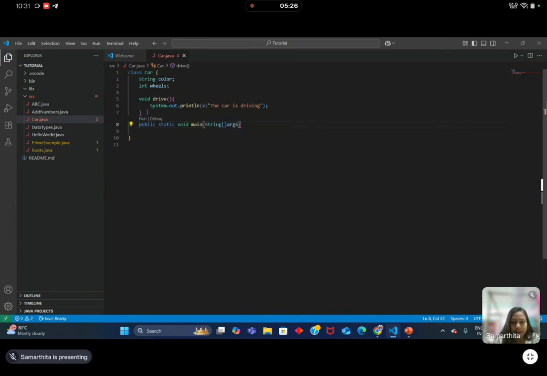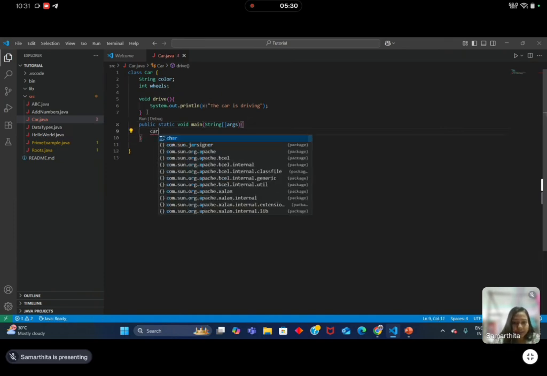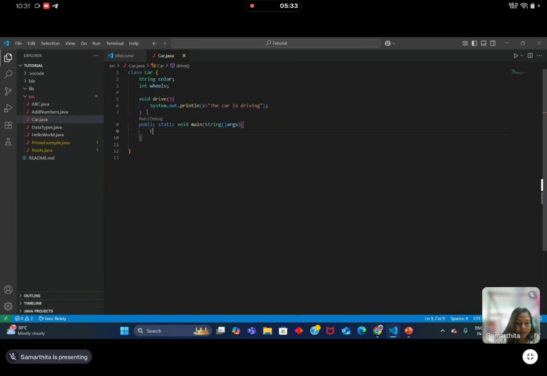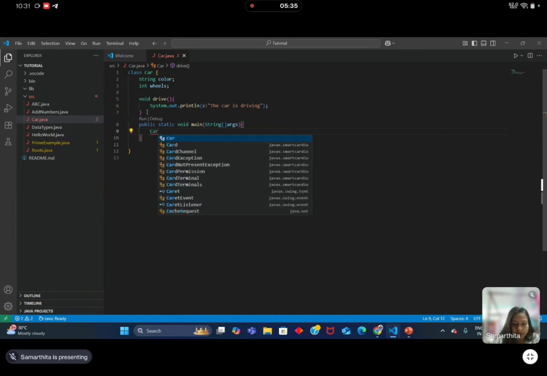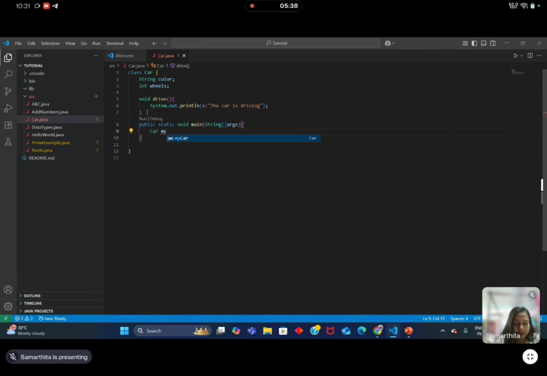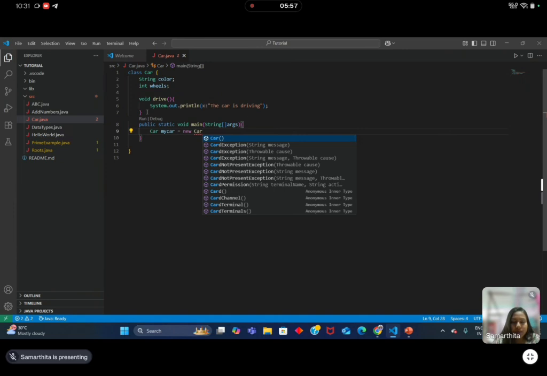Then Car myCar, because the object should be created under the same class. So first the class name and then myCar. Just see, new is the keyword for creating any object. By the new keyword we can create any kind of object.